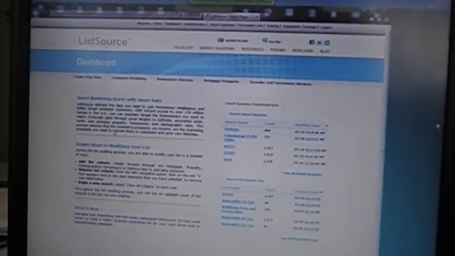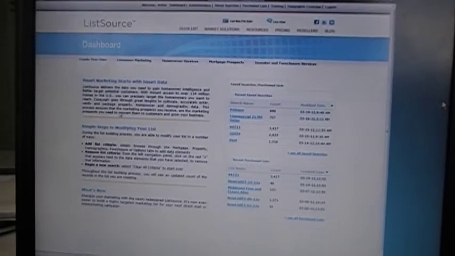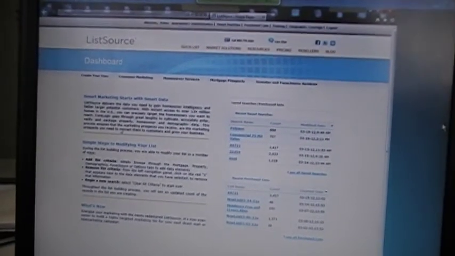Also commercial properties, industrial properties, even vacant land. You'll have access to all those different properties as well. So now, when you do first start off, you will notice, so ListSource, the database itself, I see as accessing two